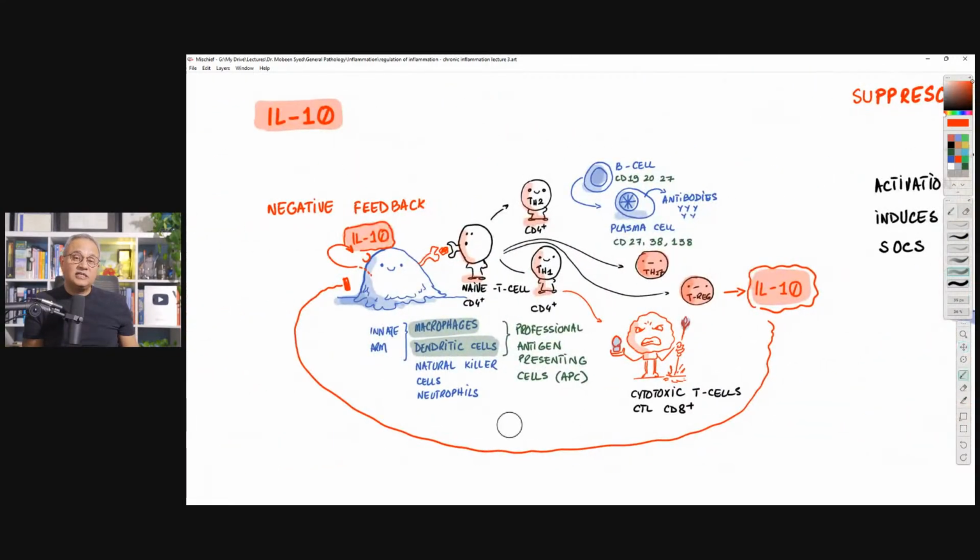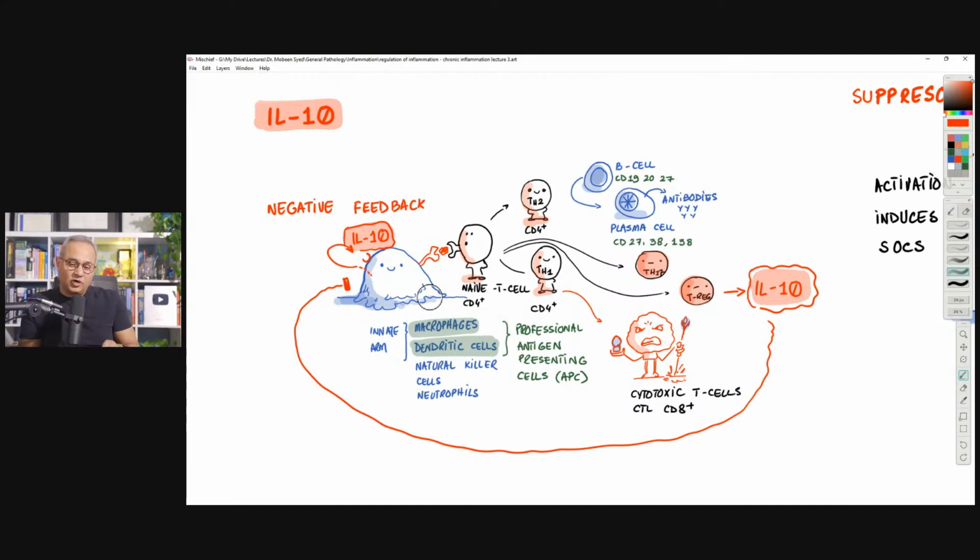Then, interleukin 10 is a very important factor. I'm picking and choosing those factors that are usually modulated as part of trying to control the immune system. Interleukin 10, we have done this discussion in the past as well. So let's look at this diagram once more. Interleukin 10 is released by activated innate arm cells. For example, the macrophages, natural killer cells, dendritic cells can release interleukin 10. Interleukin 10 in turn turns these cells off.